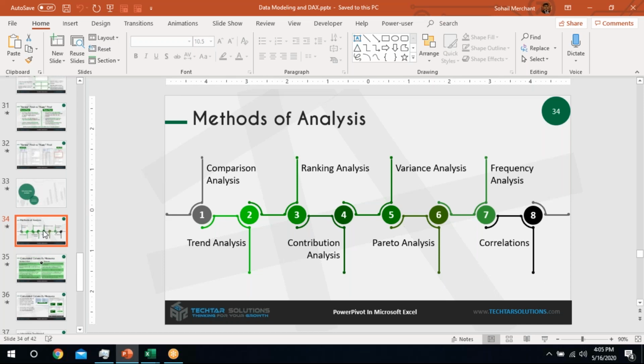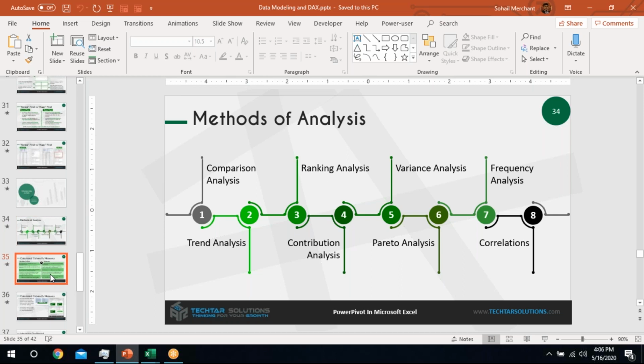Pareto allows you to do contribution analysis by identifying the 80% and 20% rule, that is, which product has made the 80% contribution, right? And correlation is about scattered data, and frequency analysis is the number of times a commodity has been repeated in the data source. So these 8 types of data analysis I prefer and generally do in my analysis work.